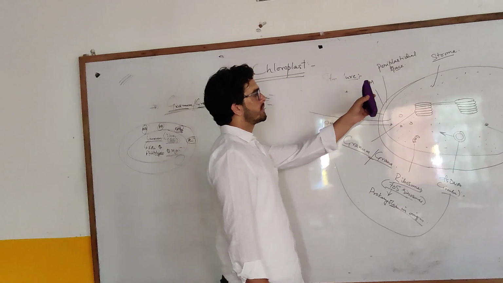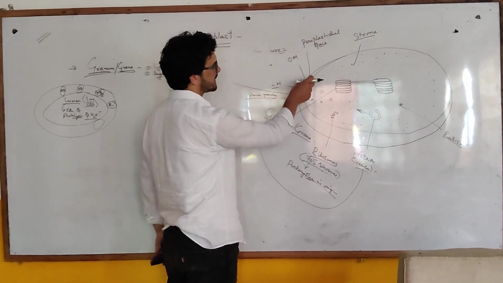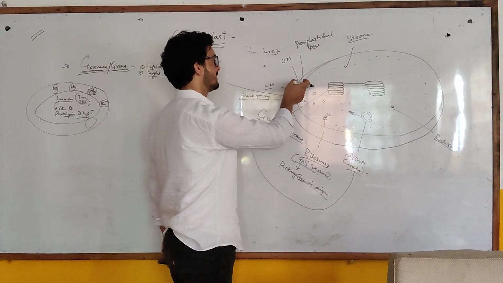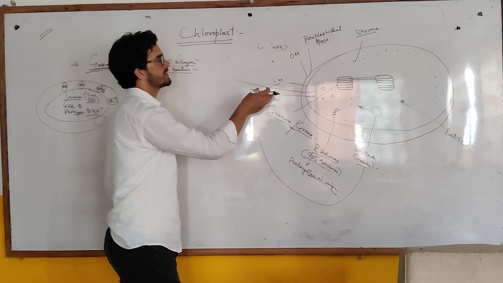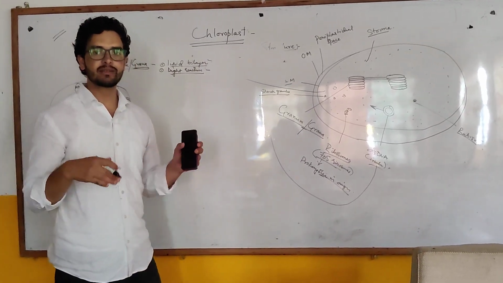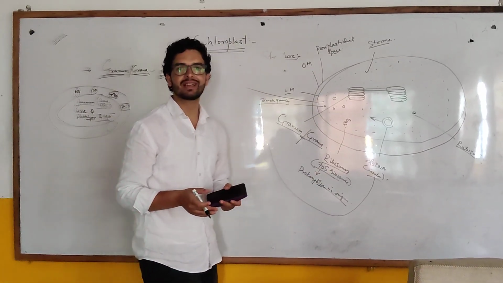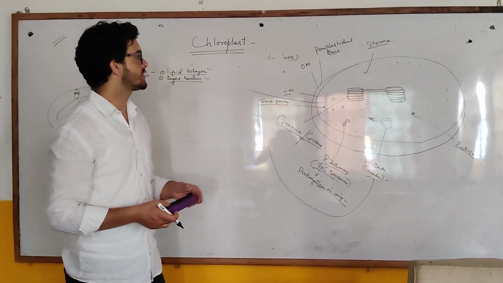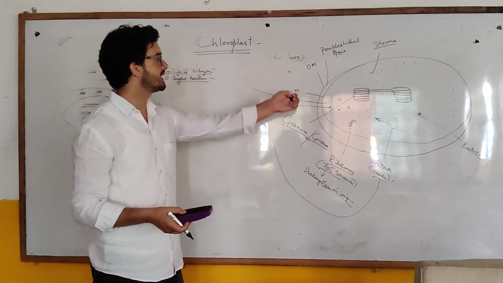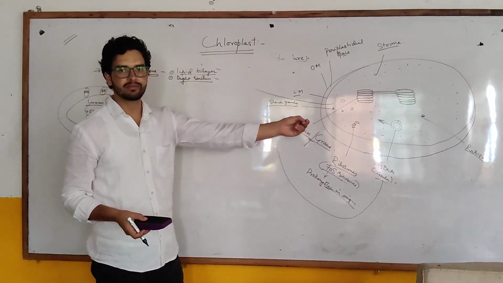So, concluding the structure of this chloroplast, it shows the presence of two membranes, a double membrane, outer membrane and inner membrane, which are separated by a space known as the periplastidial space. This inner membrane encloses a space which is known as the stroma. It shows a liquid-like substance in which proteins, amino acids, double-stranded circular DNA and various granular structures are present, which are known as grana. Fine.